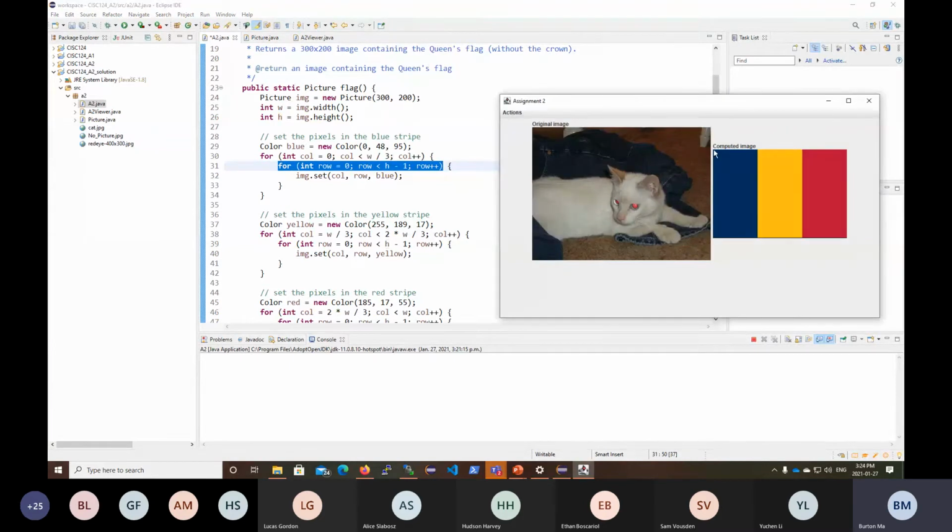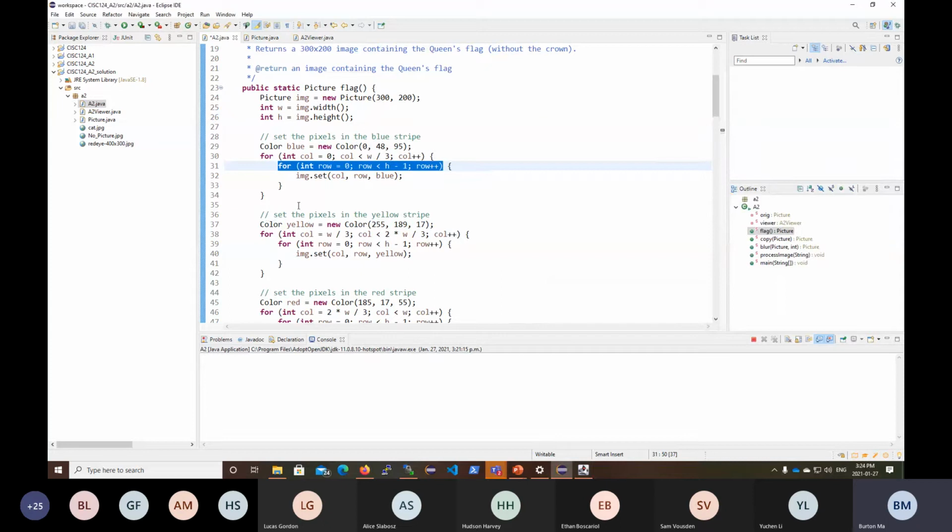So what it's going to do is start at the left-hand side and paint the stripe going from top to bottom. Then it's going to go to the next pixel and paint the stripe going from top to bottom. Then it's going to go to the third pixel and paint going from top to bottom. So how do you go from top to bottom? Well, you just move over the rows. So for each row starting at 0, as long as the row, that's a mistake, is less than the height,